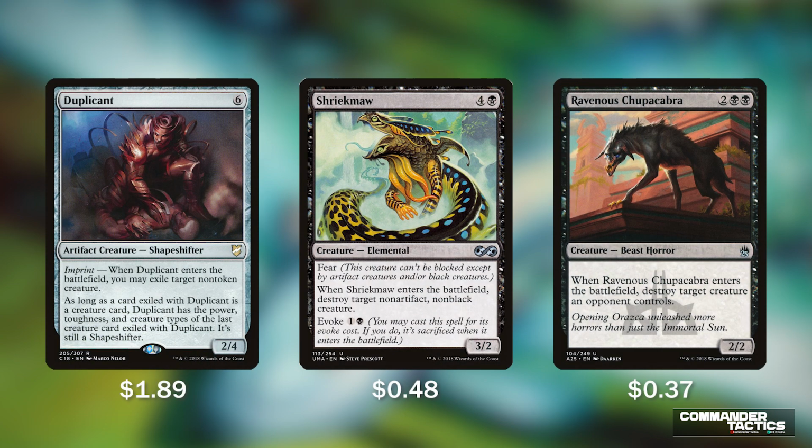land base. Next we have removal creatures with Duplicate, Shriekmaw, and Ravenous Chupacabra. When Duplicate enters, you get to exile a creature, getting around Indestructible and things like that. Shriekmaw can be evoked for 1 and a black. This makes this a 2-cost removal that we can recur, which is very strong. And Ravenous Chupacabra says whenever it enters the battlefield, destroy target creature an opponent controls. Again, all of these are permanent, so we're able to bring them back using Muldrotha or any of our Reanimator